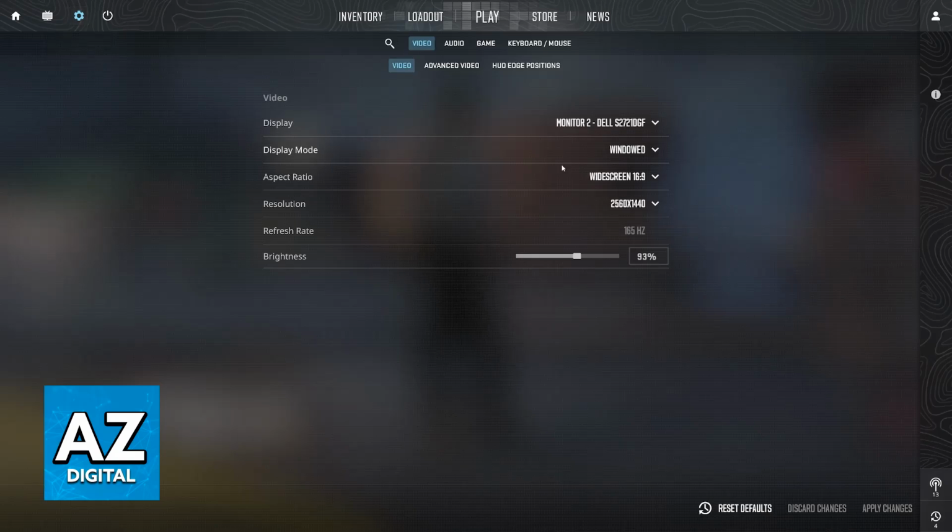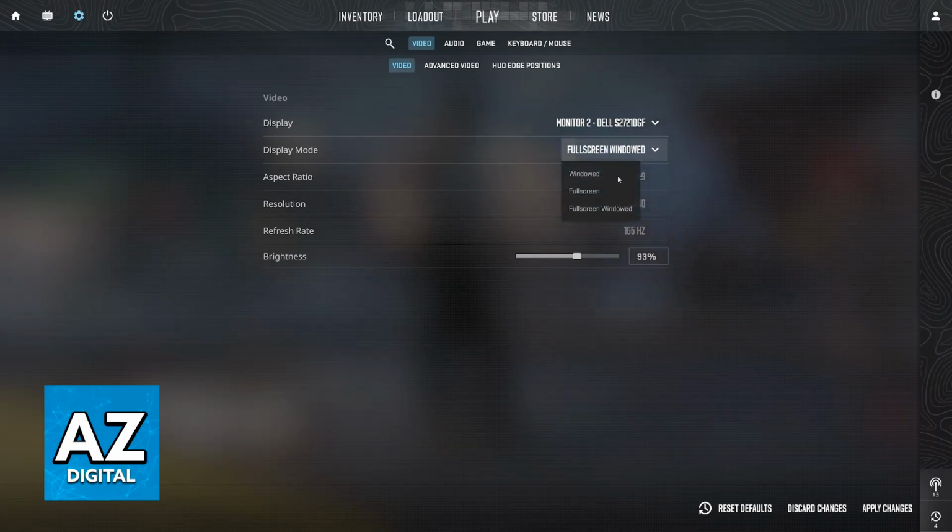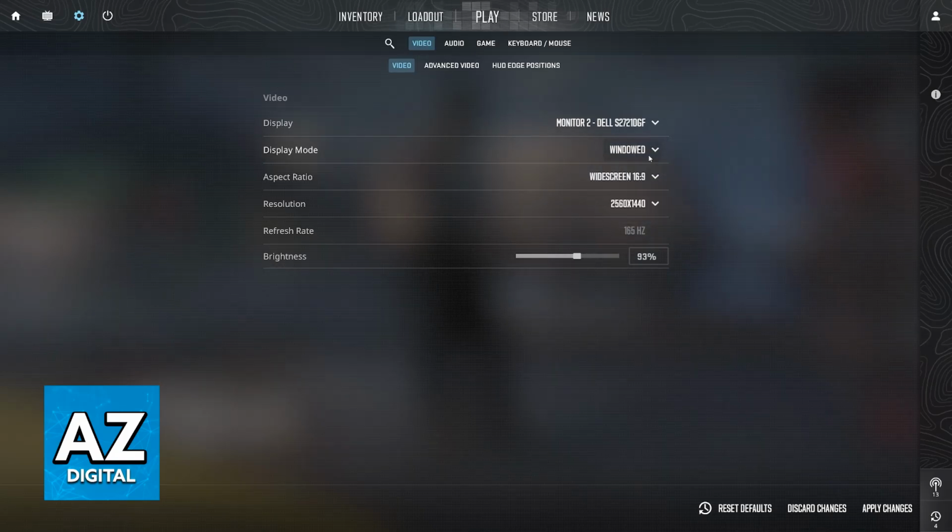If you would like to test this out for yourself, you don't need to do any sort of additional setup. Just open a game, go into the video settings, and if you are set to full screen windowed, usually you won't be able to change the resolution. So what you have to do is set it to either windowed or full screen. And now go to the 16:9 resolutions and you will be able to find them from here. So in this example, I have 2560 by 1440. So you set this here and you apply. Like I said, there's no secret to this.